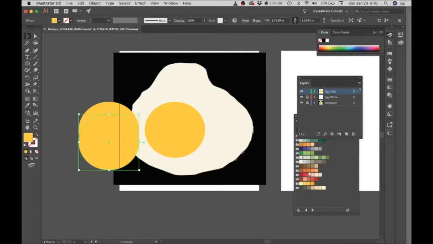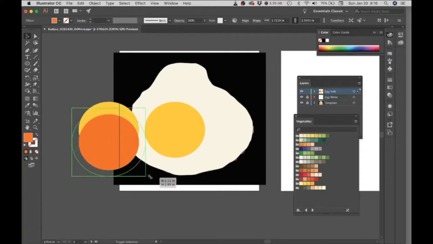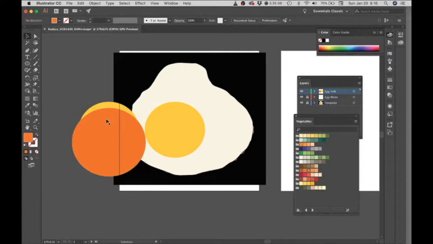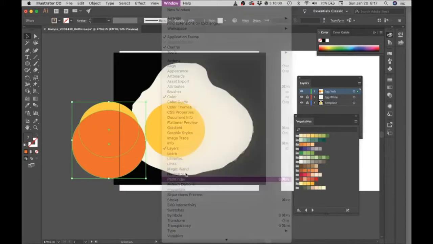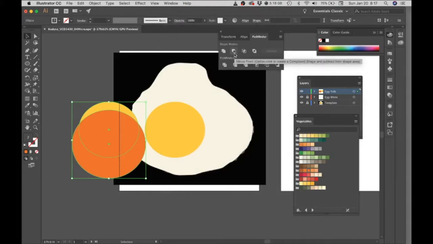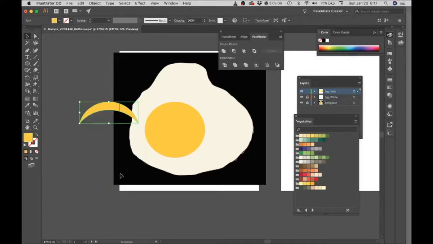And I'm going to change the color just so that you can see that there's a difference here. I've got two ellipses, one overlapping the other. Now this top one, the orange one, I'm going to make a little bit larger. So I'm going to select both of these. If I hit Shift, I can select the one below it without deselecting the one on top. I'm going to go to the Pathfinder window, and I'm going to choose this minus front. So it's going to cut the top shape out of the bottom,